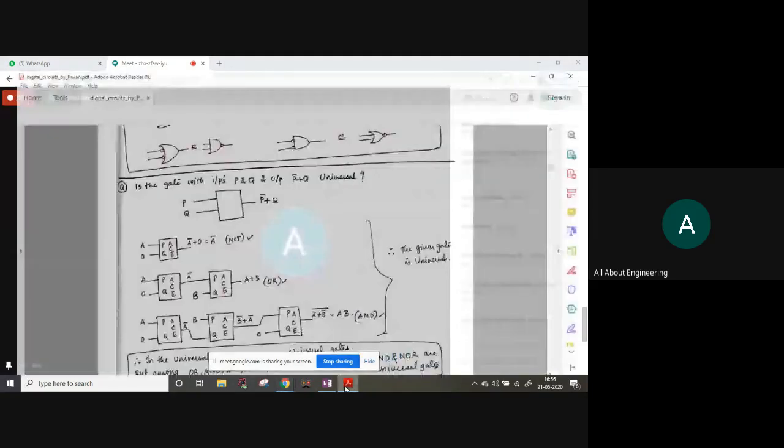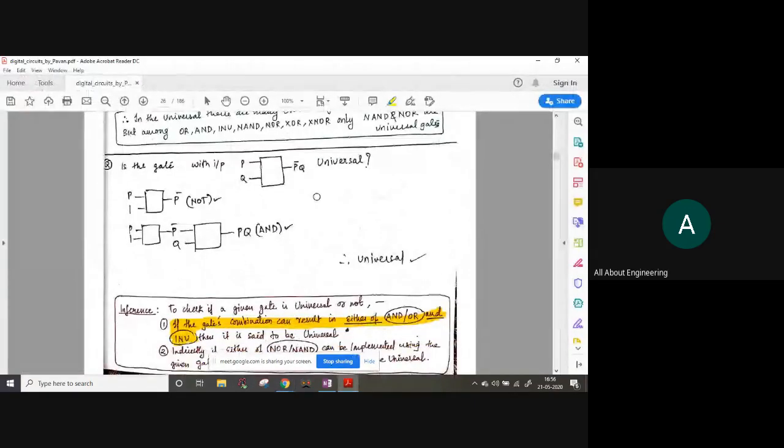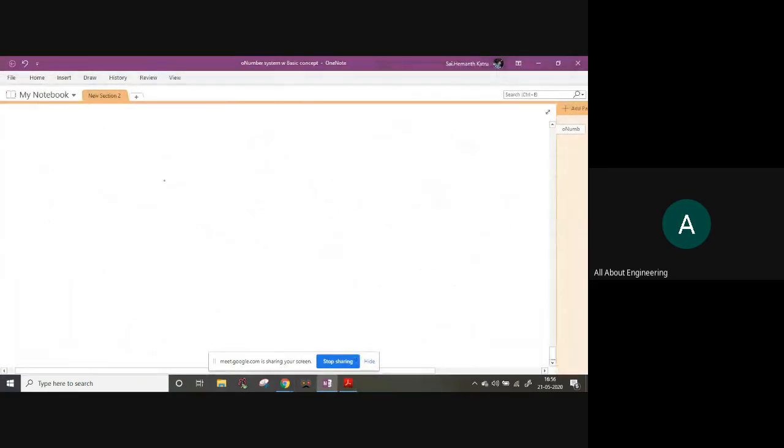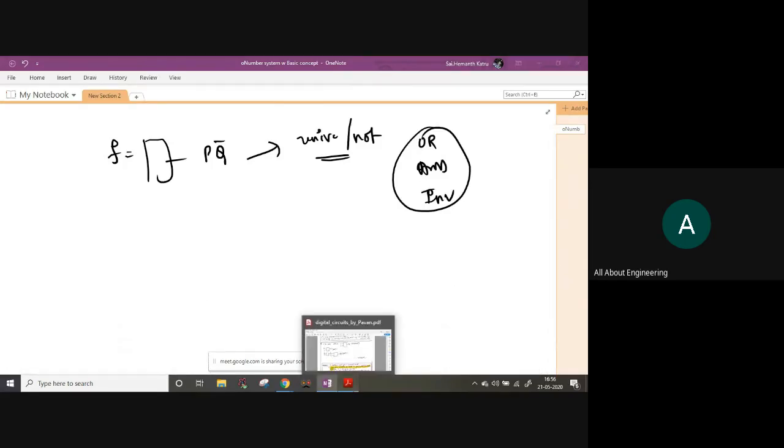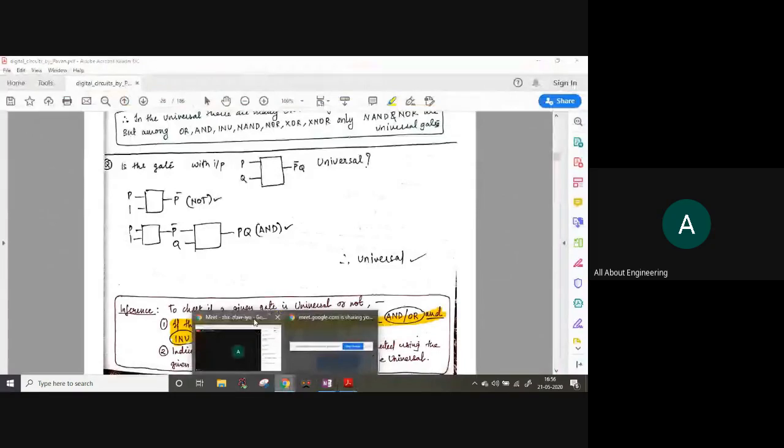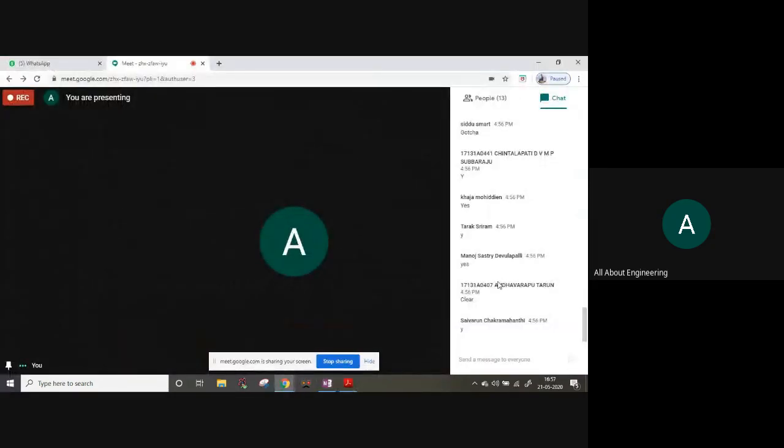See here, already p bar plus q is done, and p bar q is given. So let me give you p q bar. Let me give you a function, and the output of the box will be p q bar. Now you tell me whether this is universal or not. You verify this and you try to solve all these 3 operations on your own right now, and you tell whether this gate is universal or not. If it is universal, then name that gate with your name, like Subbu gate or Mohiddin gate or Saivaran gate, like that. Sidhu gate. Guys, do fast and tell me whether it is universal or not.